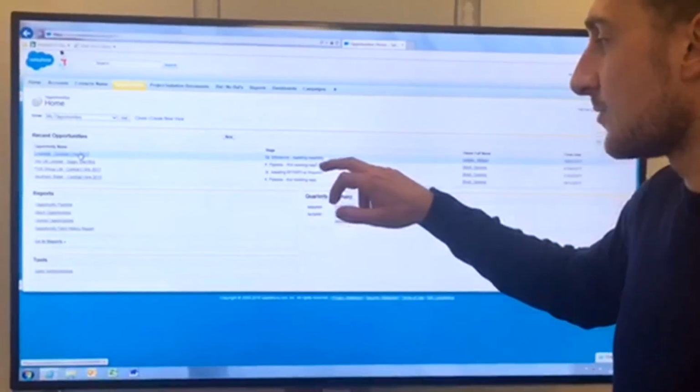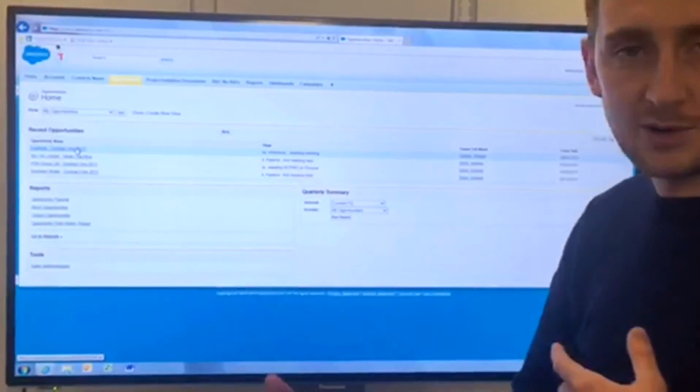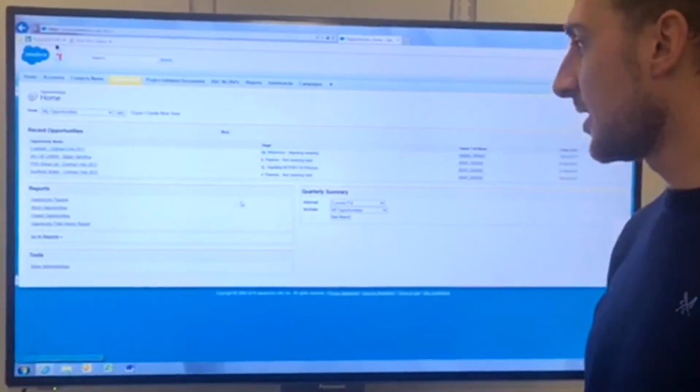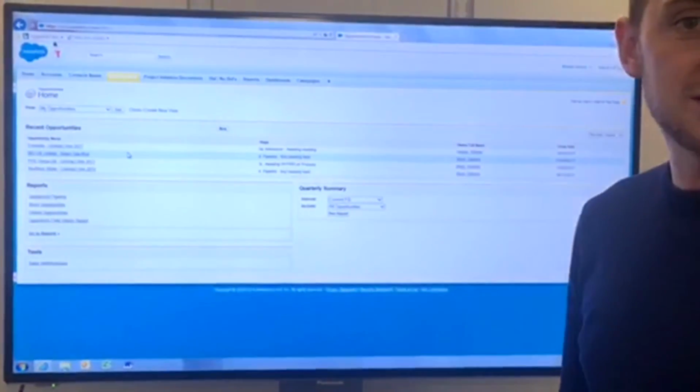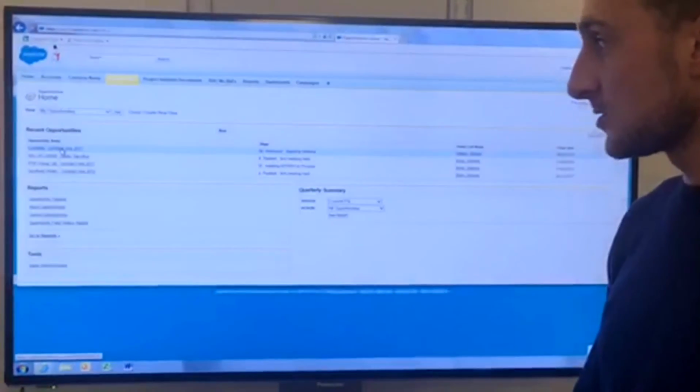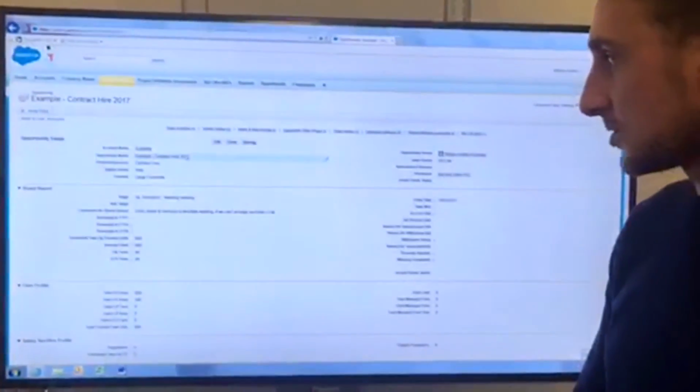We also then have number 4, which is the pipeline. So we have the first meeting held, and basically all the numbers relate right up to 1, which is effectively us winning the account. So for example, we click on the example contract hire for us,